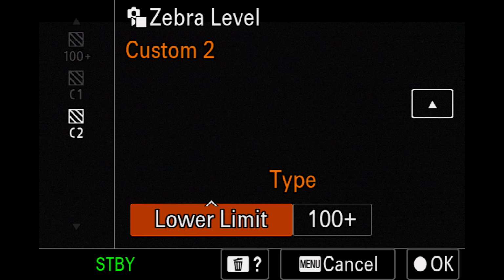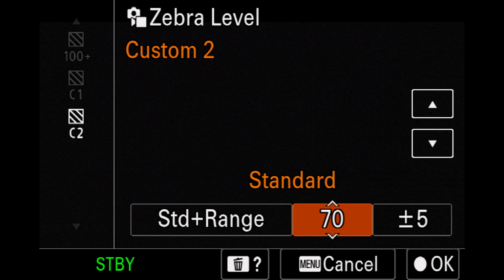That's typically what I'm doing for skin tones, the standard and then a range, starting at 52, and then I might bring it down to like plus or minus 3. Now that's referring to what's called IRE, and that's just how much light is coming in. It's not super important to understand exactly what those numbers mean, but it is important to understand that when you're just trying to get the perfect skin tones, 52 is going to be great for white people such as myself and Savannah. For dark skin tones, 41 is one that works pretty well,